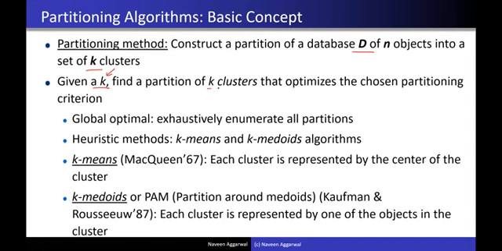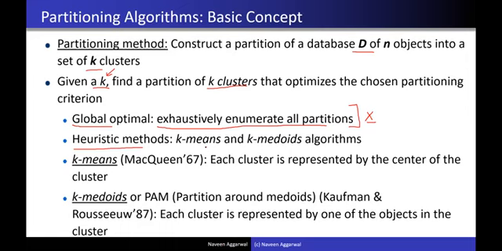Our algorithm is supposed to find the k clusters in such a way that intra-cluster distance is less and inter-cluster distance is more. Now there could be multiple ways. Finding the global optimum means you look at all the possibilities, so you enumerate all partitions. Obviously this is not possible, as there are so many possible ways to enumerate k clusters. So we cannot do this, and that's why we have to go with heuristic methods.